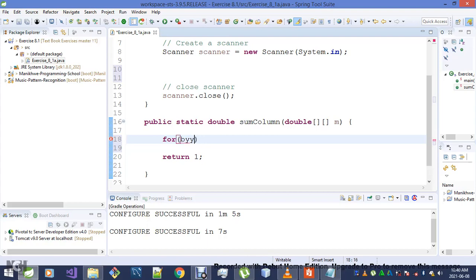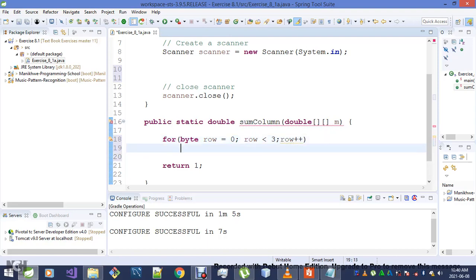Is row less than what? It's a 3x4, so is row less than 3? If that is the case, I'll go